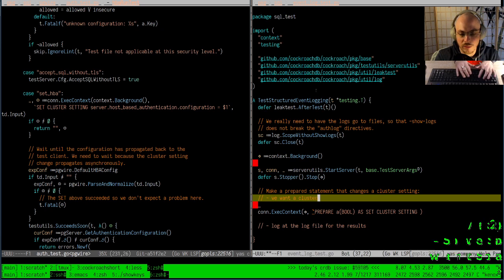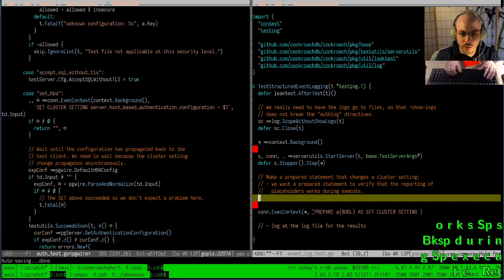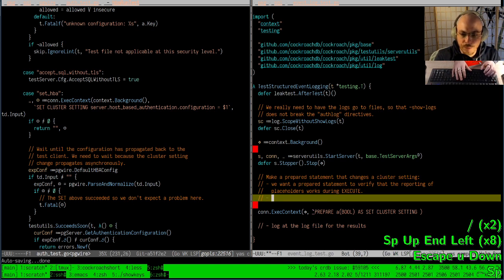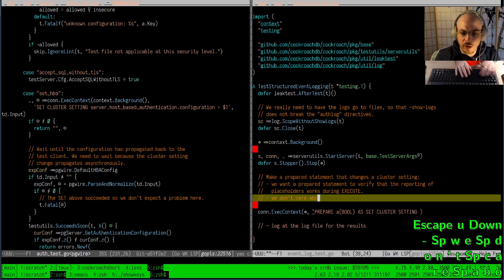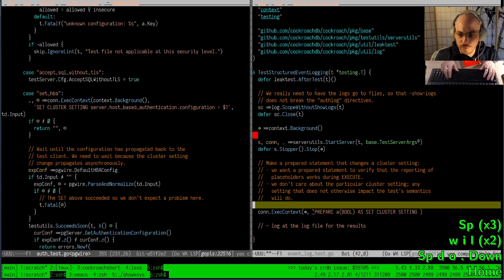We want a prepared statement that verifies that the reporting of placeholders works during execute, and we don't care about the particular cluster setting, any setting that does not otherwise impact the test semantics will do. Right, so